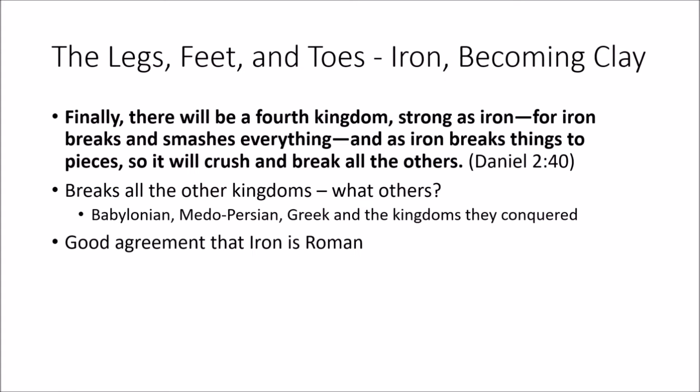So the last stage on the statue is altogether the legs, the feet, and the toes, and they're all treated as one empire, an empire that goes through changes. And so this empire starts out as iron, pure iron in the legs, and then it becomes clay mixed into the iron in the feet, and then in the toes it becomes toes that are a mixture of both of those, but those 10 toes have some important meaning to them as well. So the verse from Daniel says,